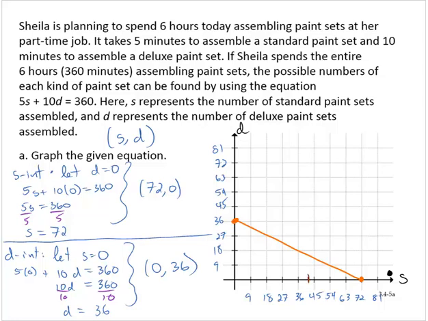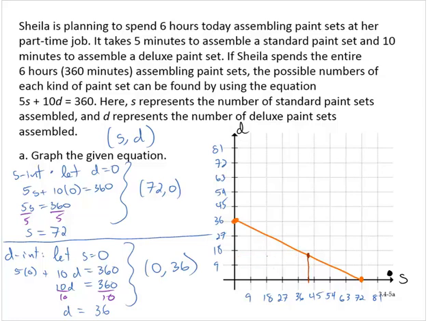If we let s equal 42 and connect that with the line, it appears that d would be about